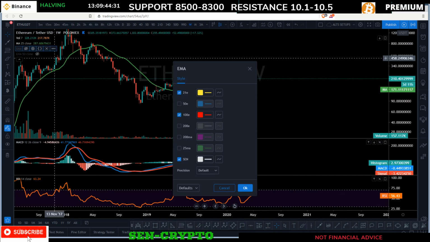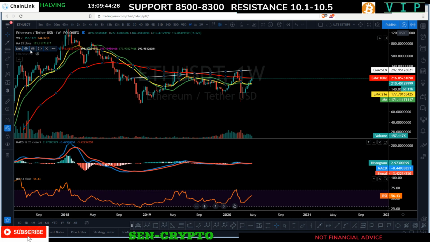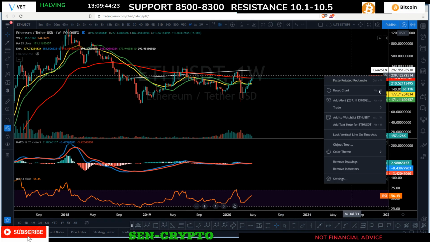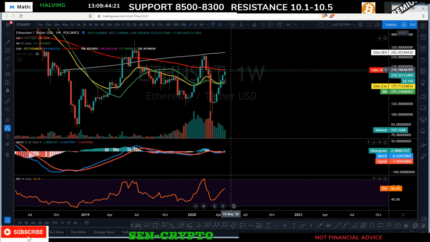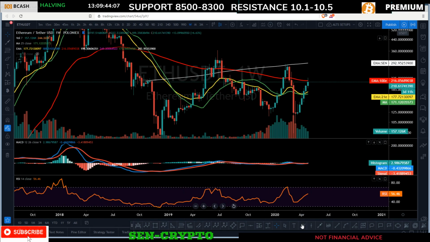Another important aspect of Ethereum is the 100 EMA. We talked about it. That was our area to look for resistance on the weekly basis. As you can see, it was just about the 216 to 220 range. That's what we said exactly. We're going to be looking for a reversal pattern above the 20 EMA on the weekly. So let's see if we're going to be able to get any reversal pattern.